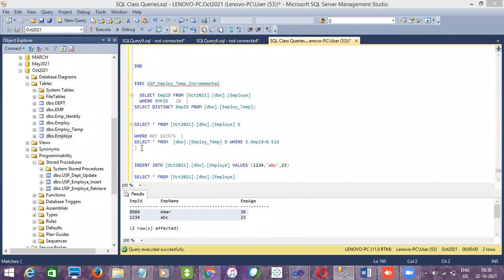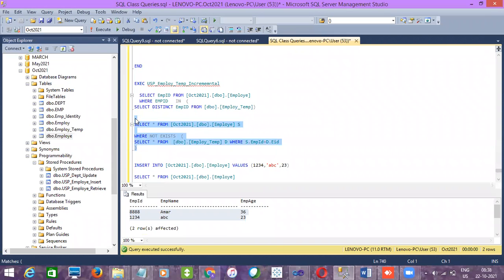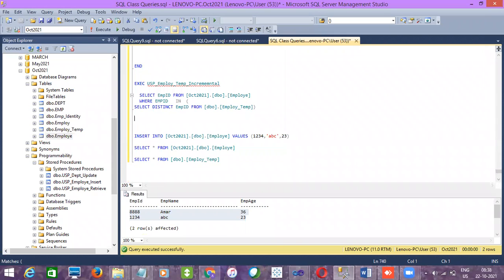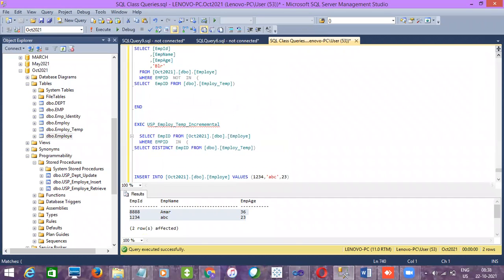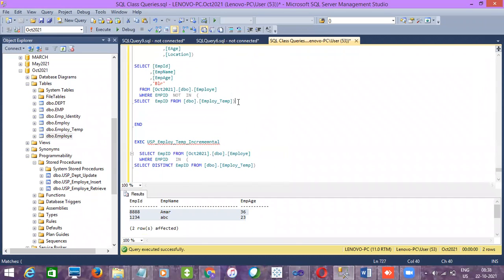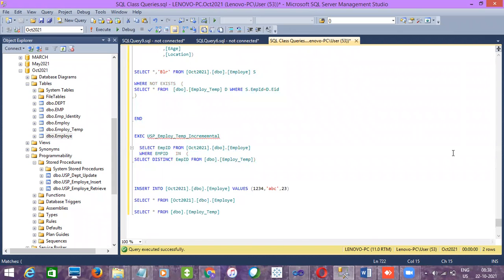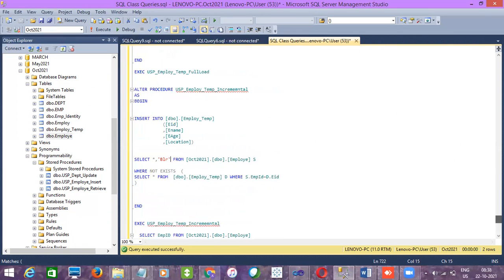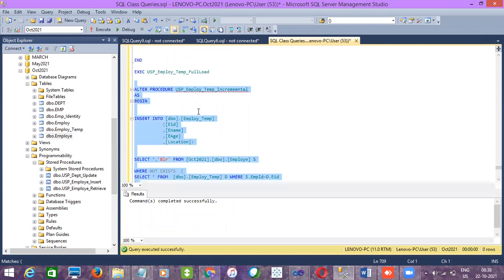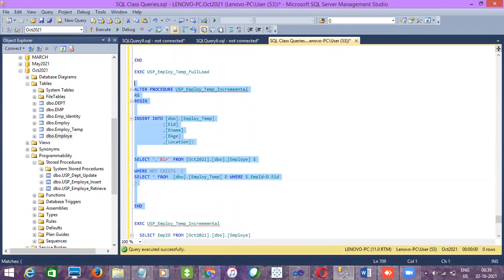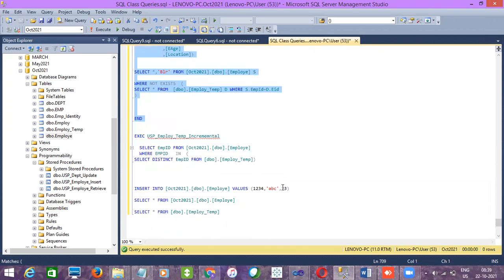So the same query, I'll just copy it here. Control X. And then maybe here after star, I should append one more column, right? For the location, which is BLR. Okay. So this is how I modified my code. And let me alter the stored proc. Command completed successfully. If I check the data of both tables,